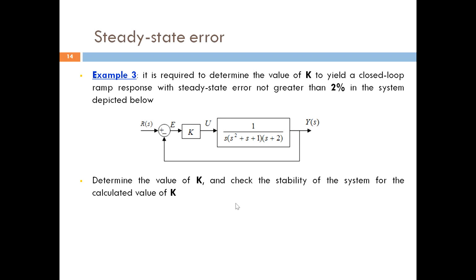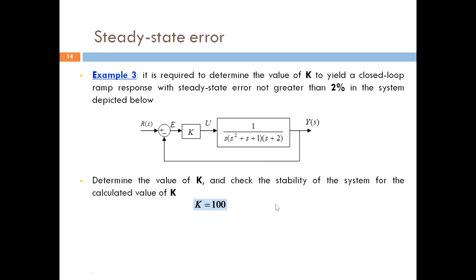This is important because we can determine the value of k that reduces the steady state error to the specified one, but if it makes the system unstable, then we can be sure that we won't get that kind of error. The error is actually going to be infinite as long as the system is unstable. So we worked this out in class. The value for k was determined to be 100, and if you do check the stability of the system,